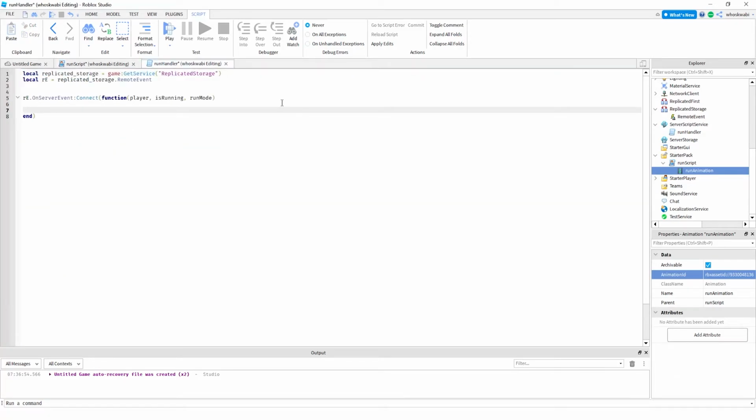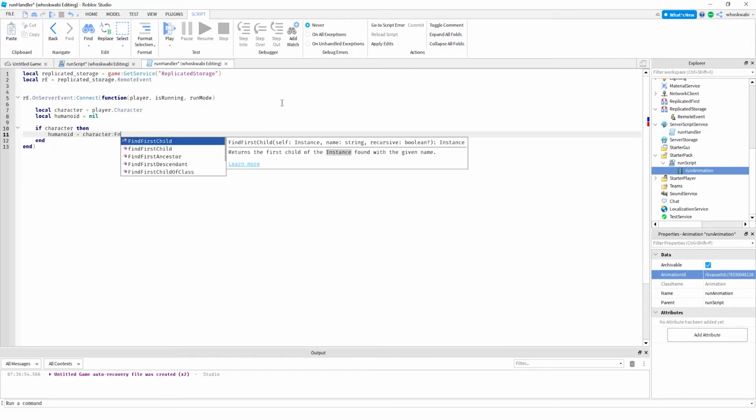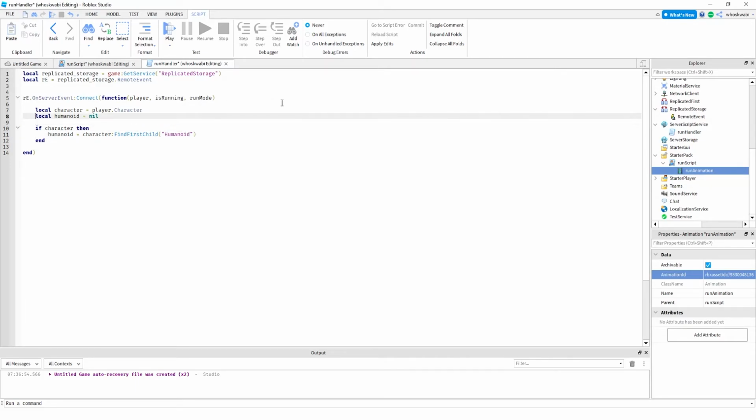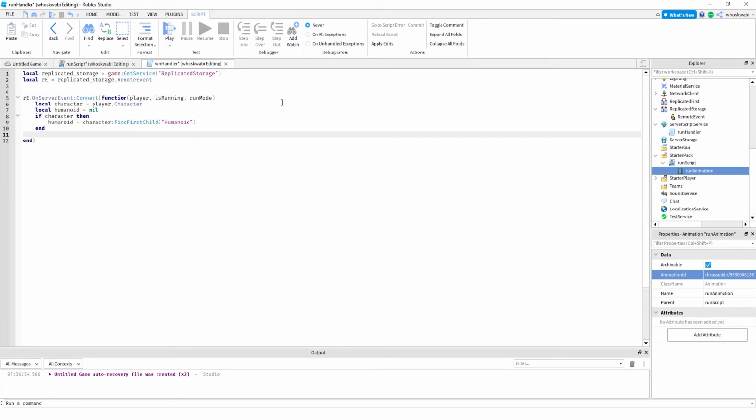Right. We're going to do local character equals player dot character. Local humanoid equals nil. And then we're going to do if character, then humanoid equals character find first child Humanoid. Okay. Just in case, for some reason, they try to press W before the character loads, it doesn't glitch the script. So now here we're going to do if humanoid, so if the humanoid exists, to prevent errors. If run mode equals 2, then humanoid dot walk speed